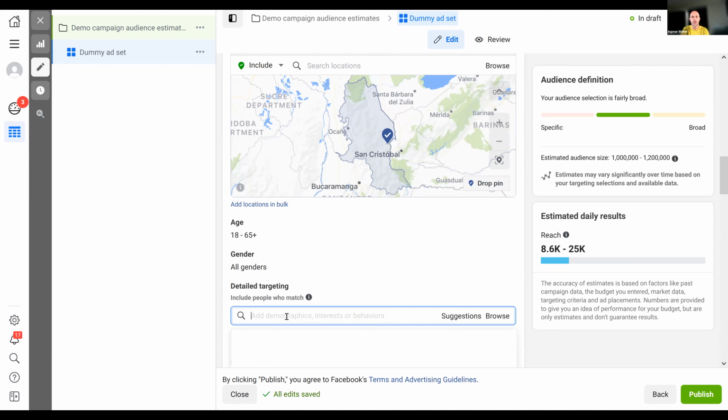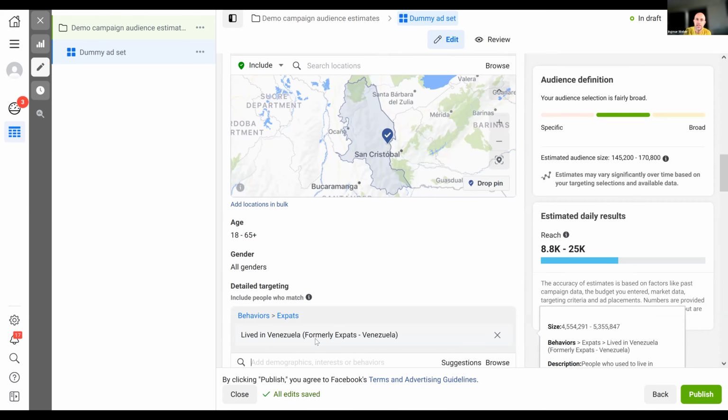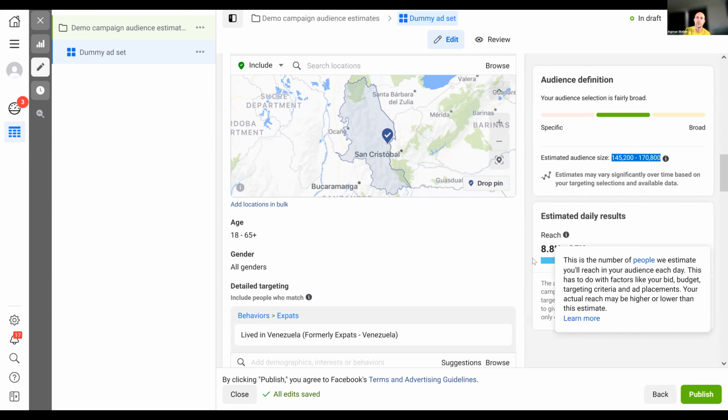So for example, in some of our work, we look at people with a migration background. So I can now only look at Facebook users who lived in Venezuela. And then again, before I launch my advertising campaign, Facebook already tells me how many people match this targeting criteria, right? This is because we realize that in this particular location it is quite a big percentage, well over 10% of all Facebook users who are currently living in this part of Colombia used to live in Venezuela.